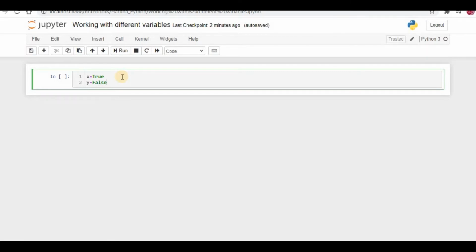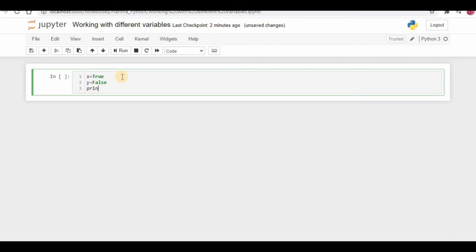Now here it is showing x holds the value of true and y holds the value of false. Now I just want to print x and y, and I'll write in my quotes "x and y is", after this a comma, as you all know we can write as many things as we like. If you observe here, the word and also came in green color, because Python considers and as a keyword. And in our schooling days we had logical operators like and, or, not. I think you all remember that, right?